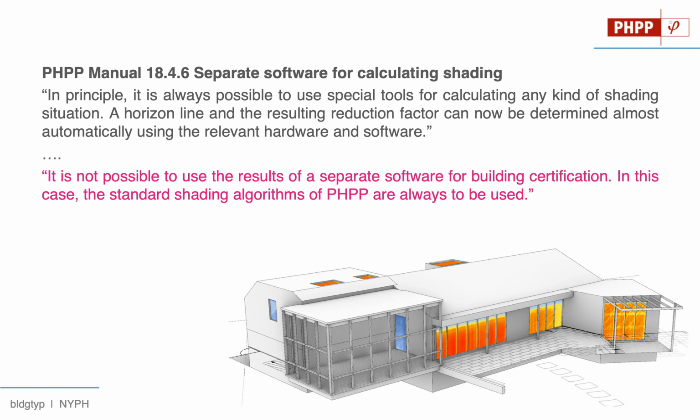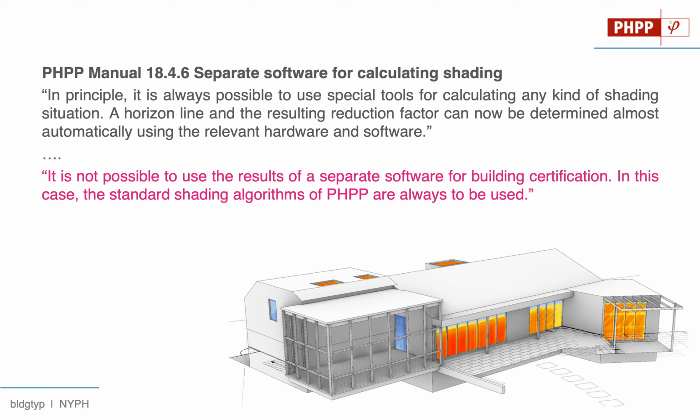Now, the PHPP manual does sort of recognize this. It says at the end of the shading section, in section 18.4.6, that yes, absolutely, there are lots of other really good tools out there that you could use to calculate shading factors. Shading factors are very straightforward. You just calculate the radiation without any shading, calculate the radiation with shading, and you can calculate a shading reduction factor. So we can use all sorts of really quite sophisticated and user-friendly software, which is available to us now, to